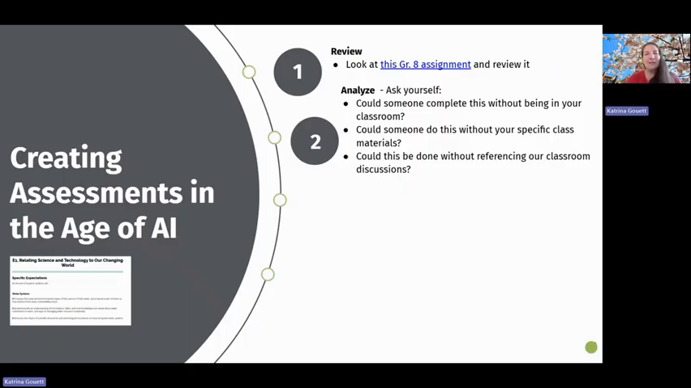Could someone complete this assignment without being in my class? If the answer is yes, okay, I've got to adjust something. Could someone do it without my specific class materials, the things that are in the classroom, maybe our anchor charts, etc.? Could it be done without referencing our classroom discussions? So if you've answered yes to any of them, you're going to want to look at that assessment again and